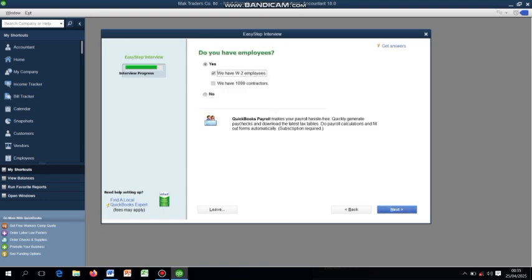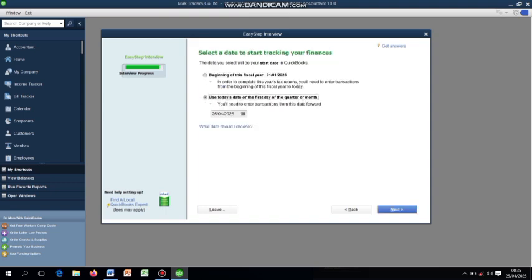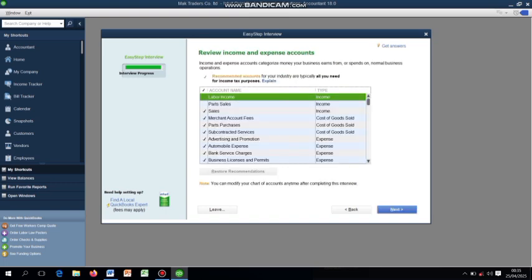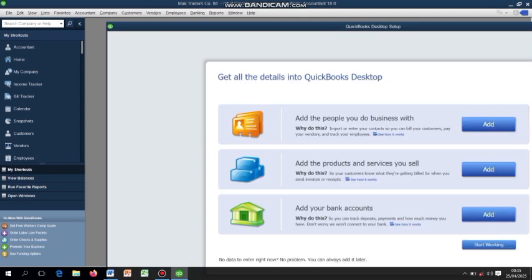Yes, I have employees. Yes, I'll choose this, then I'll write the day, 1st of January 2023. I'll choose my next because those are the accounts. So I'll go straight to the setup. So it is feeding in the information that I've provided. So after everything, I've finished setting up the company, and that was